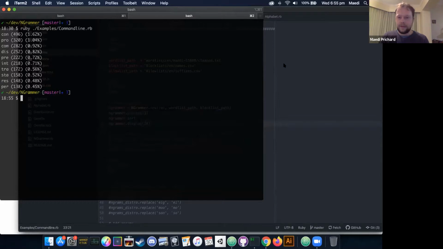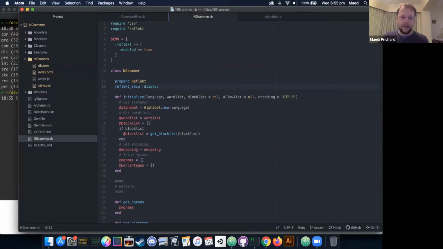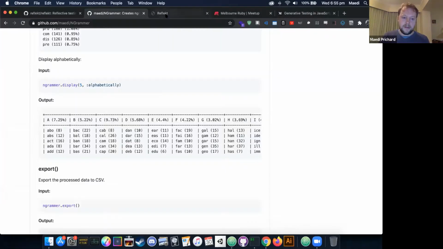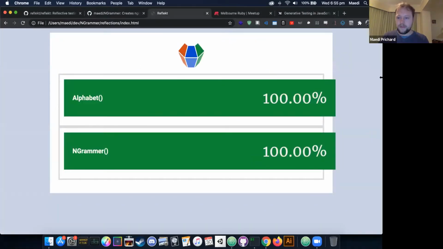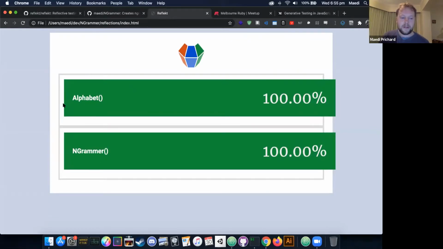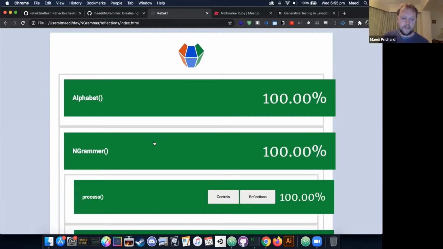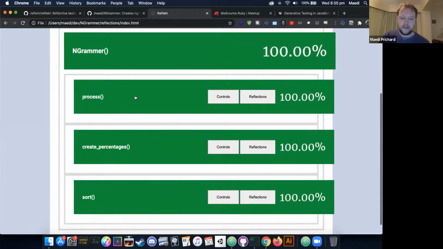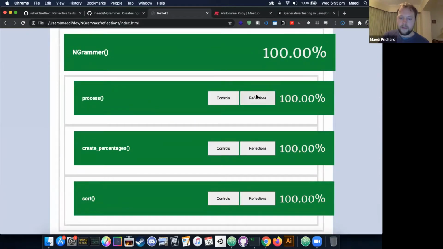So there are the results, and in my application, I have appended Reflekt. And now I get some results. Over here, we've got the classes that were in this app. We've got the n-grammar class, which is the main one, and then a bit of a model type class called alphabet. And so now you can click through all of the methods inside this class, and you can view all